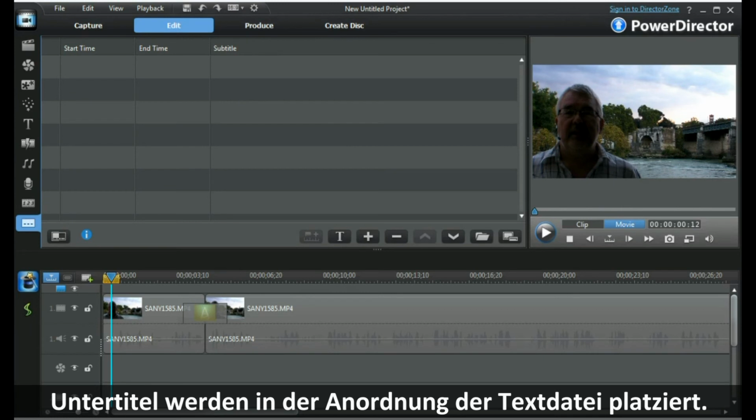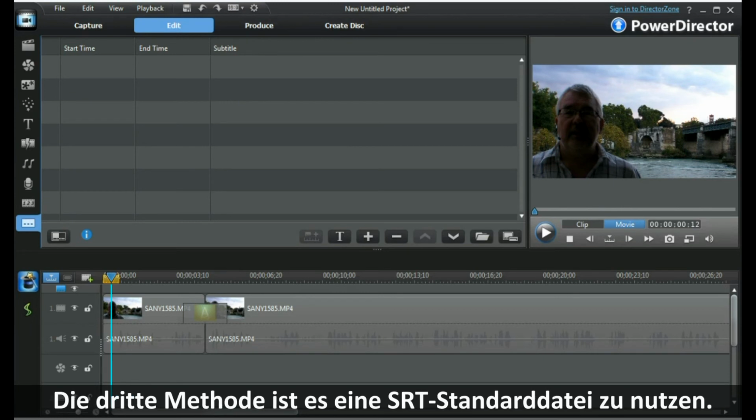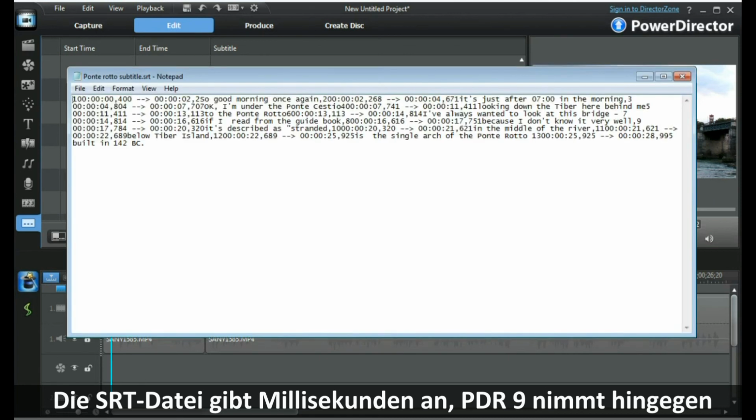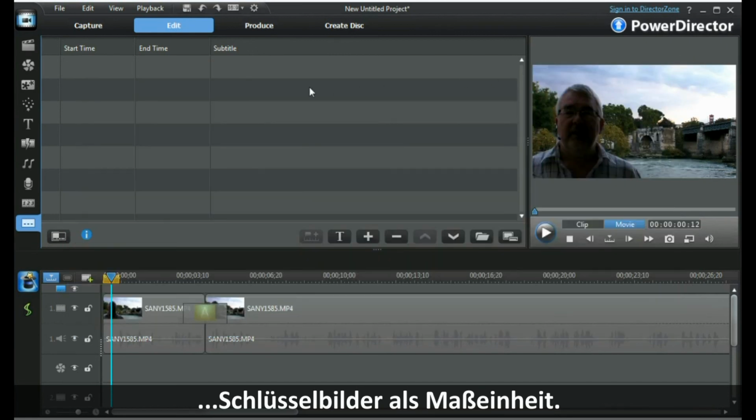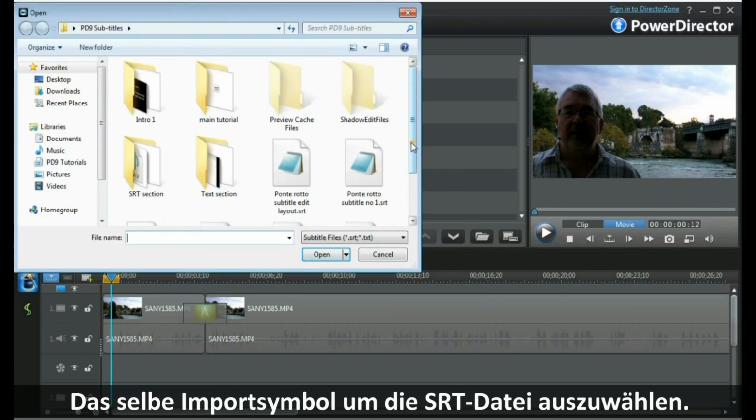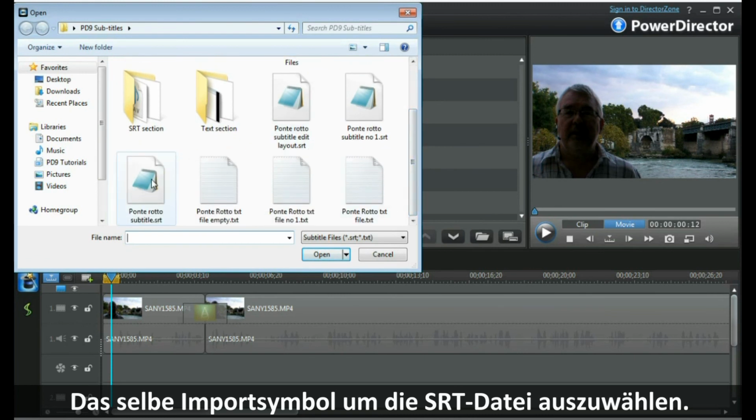Our third method is to use an industry standard Srt file. Again, from earlier on, the Srt file has this format. You will notice the difference, that the Srt file has milliseconds here, whereas PowerDirector always works in frames. We use the same import icon. We can then select our Srt file,